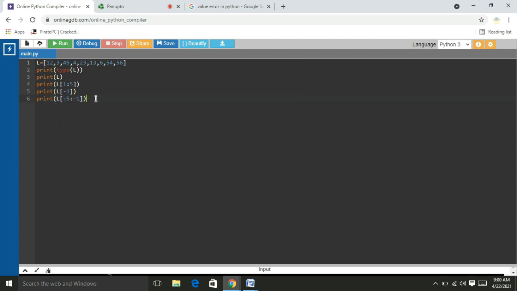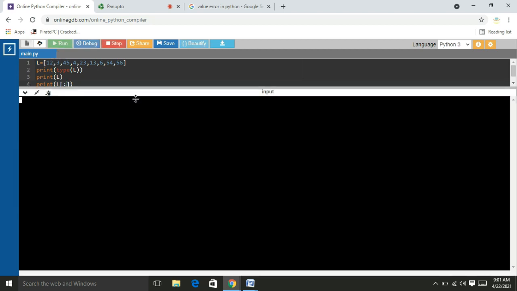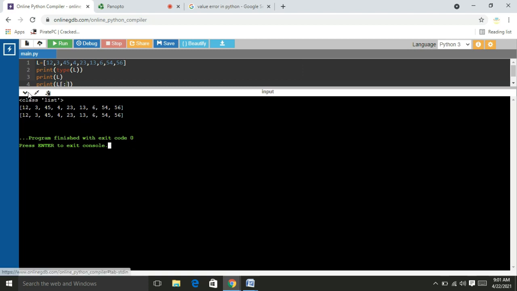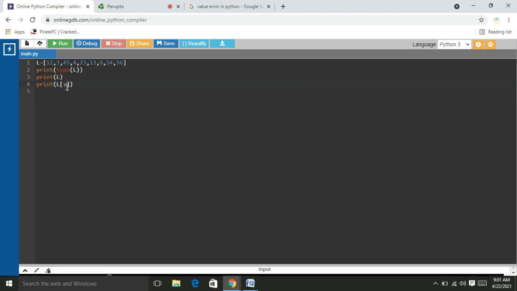So to print the entire list by using the slicing operator, we simply use the statement without any starting and ending index values. Each and every element within the list, the total list, will be printed. It is also possible to omit either the starting index or the ending index. Here I am missing the starting index and keeping the ending index, that means 4, so the values 0, 1, 2, 3 are printed.